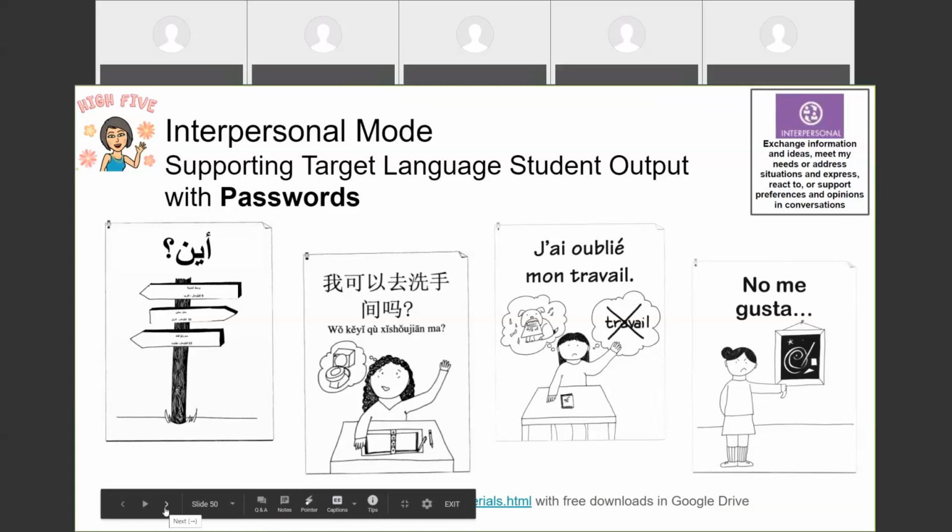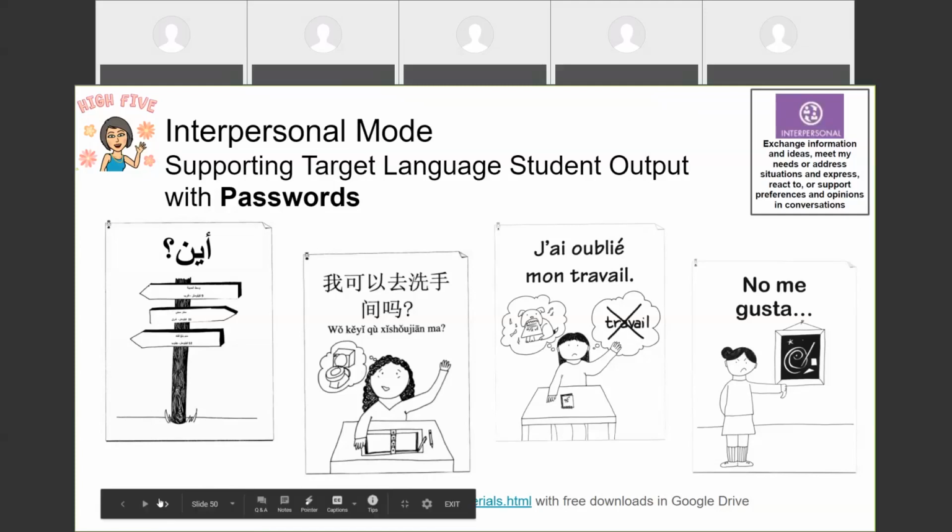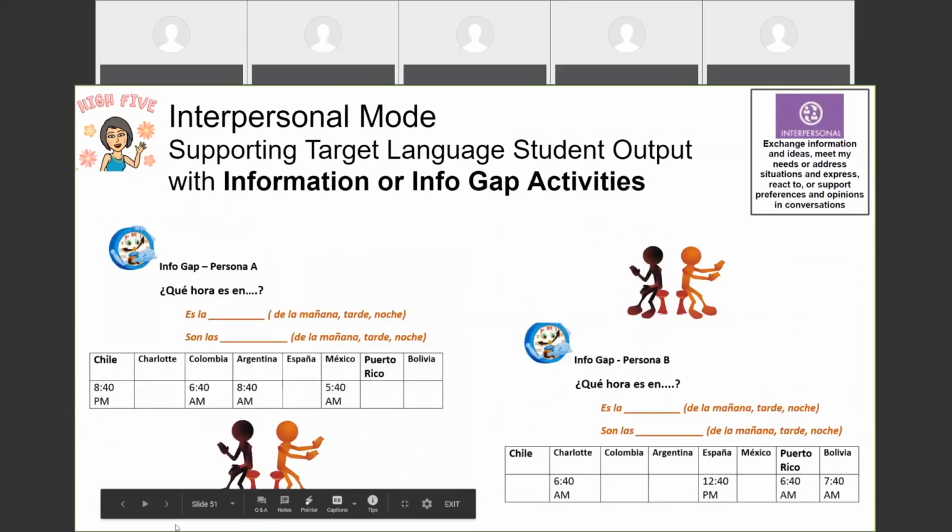And so you might have these on the walls in a face-to-face classroom, and in a virtual classroom, again, you might have them as a resource on a particular page in your Canvas course or Google Classroom, something the students have at the ready that they can use when they need to.